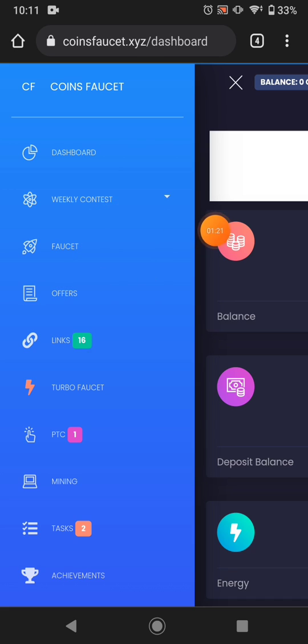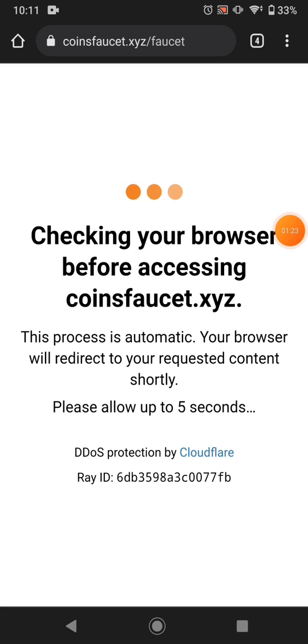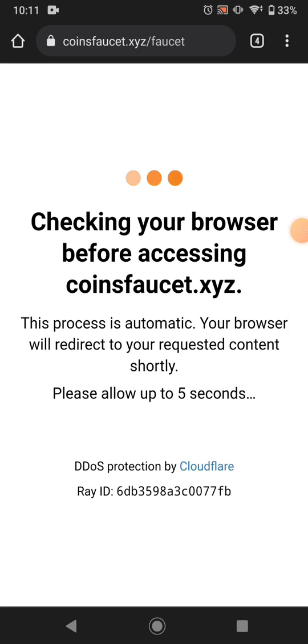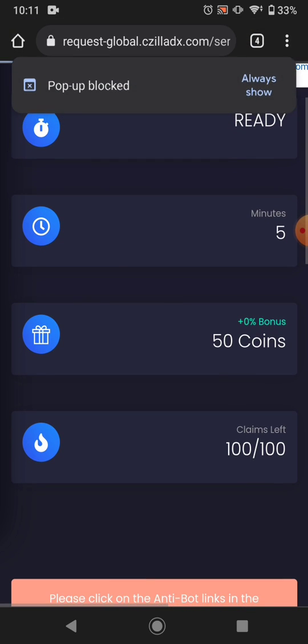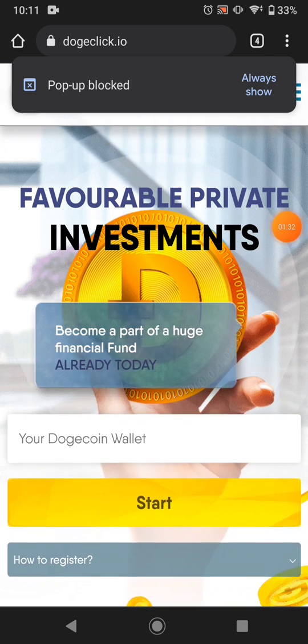The first way is a faucet. You just click a faucet. You can solve a captcha. You can easily make much more cryptocurrency paid into your balance. Okay, you can see this already. Every 5 minutes it pays you